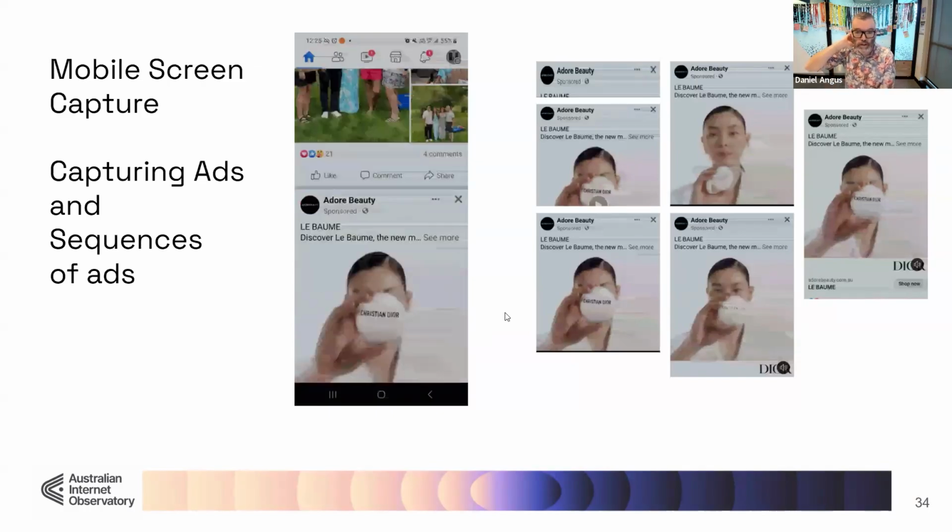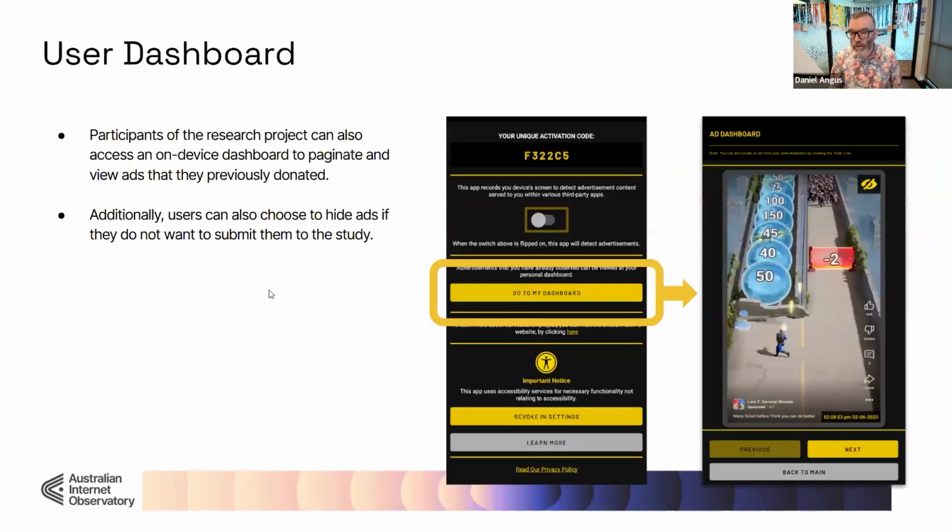If you go to the next slide, thanks, Nick. So from the user's perspective, there's an assurance there as well through the user dashboard. At any point, the participants from their side can see what ads have been donated, so they can review that and know the exacting details of what has been sent from that app. We haven't had any instances of non-ads being transmitted of concern.